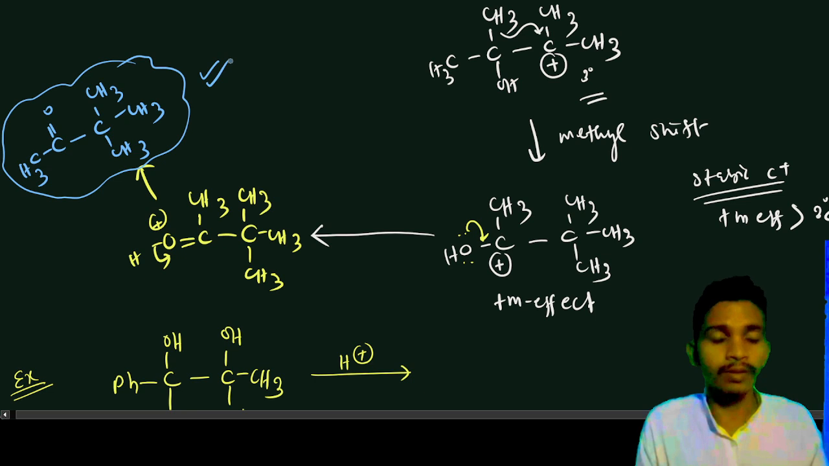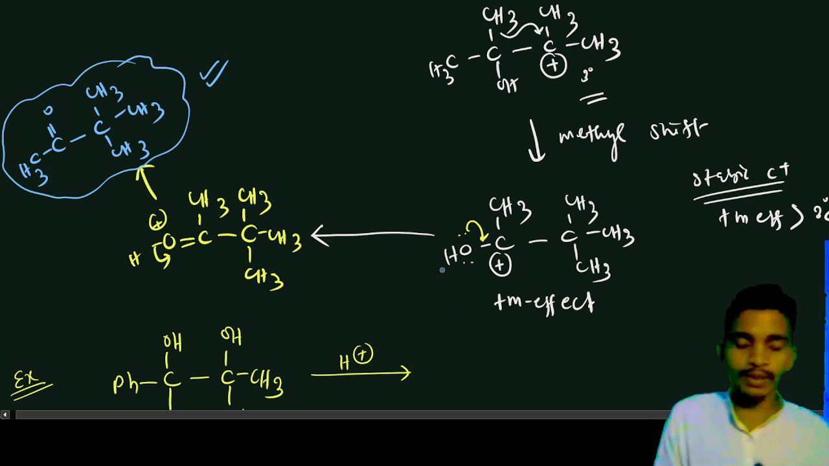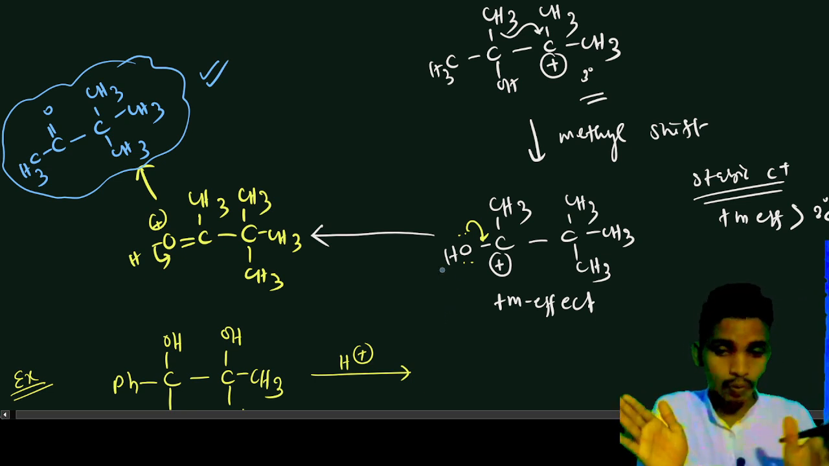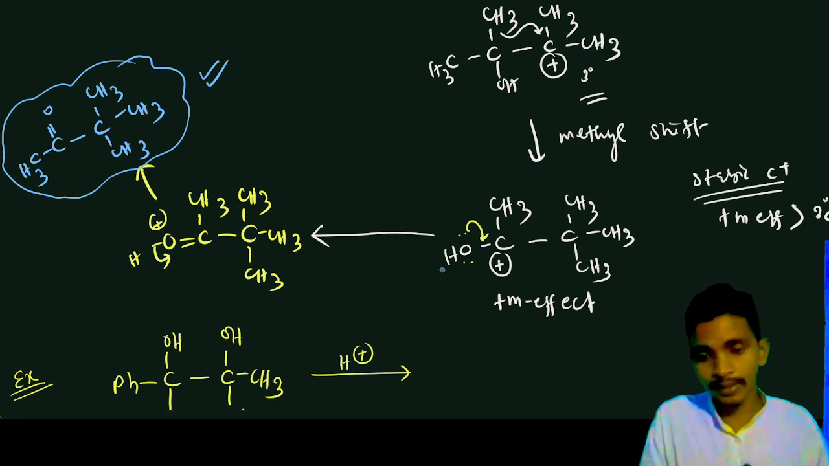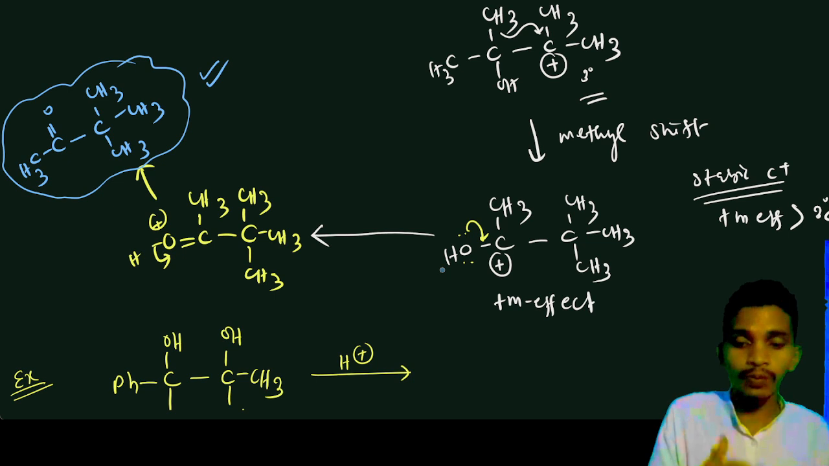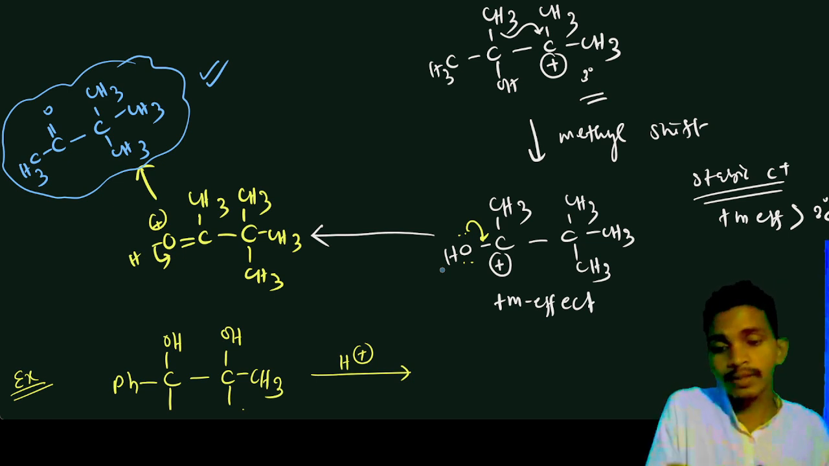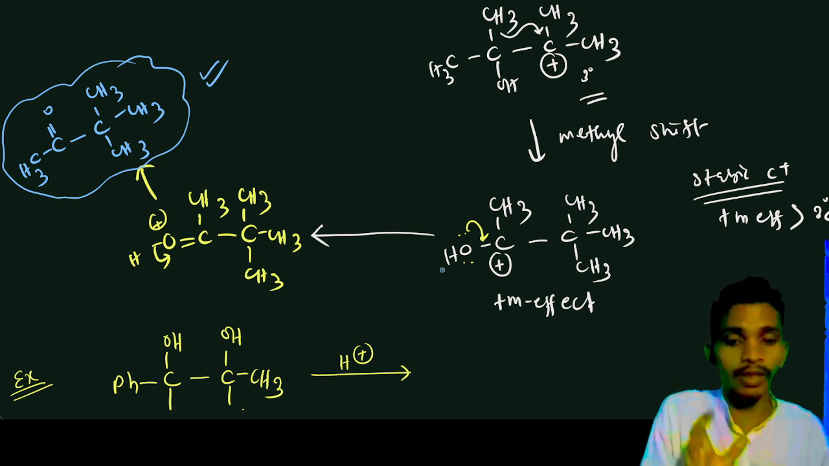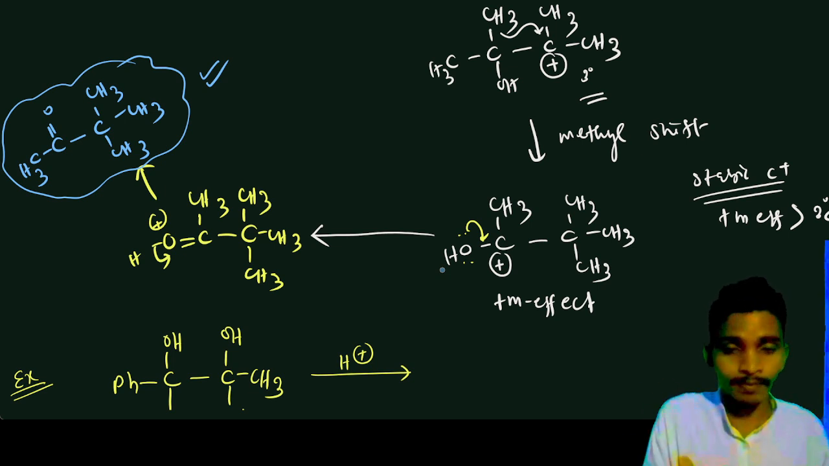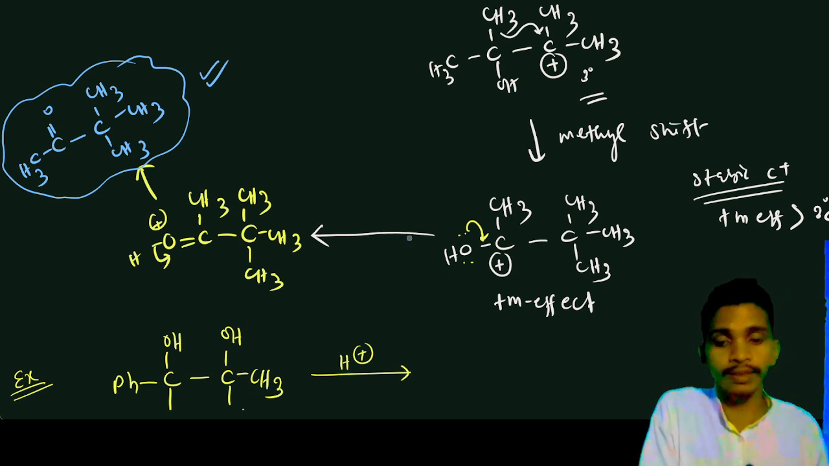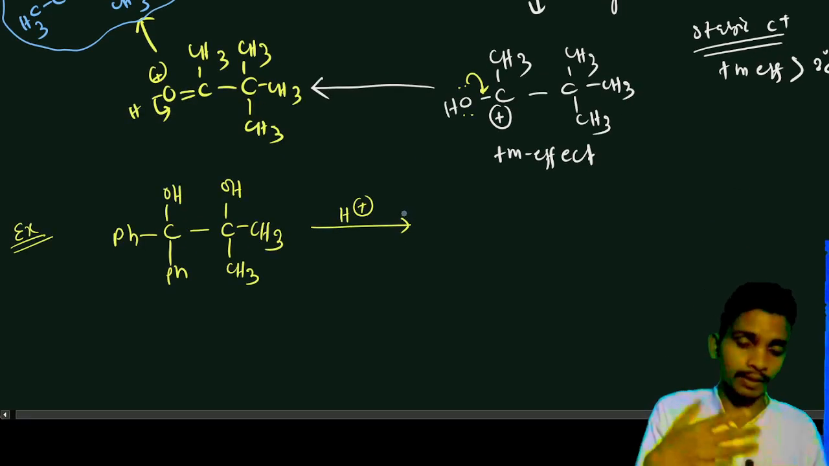Okay, so for the pinacol rearrangement, what we see is that on two adjacent carbon atoms, two OH groups will be there. Okay, and the OH that gives the most stable carbocation without any rearrangement will do the protonation. So that is about this pinacol